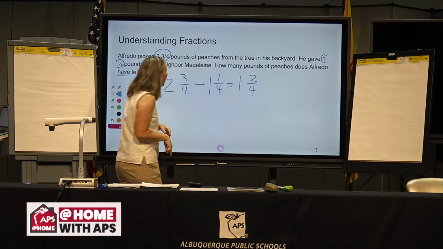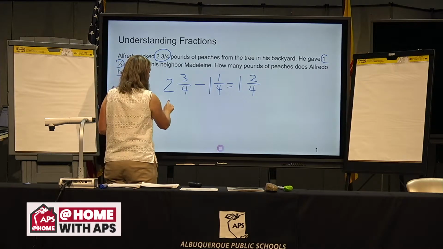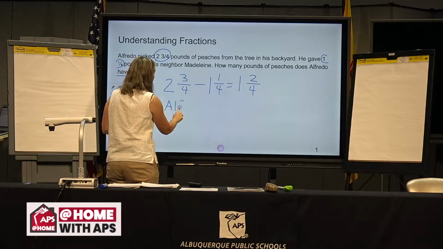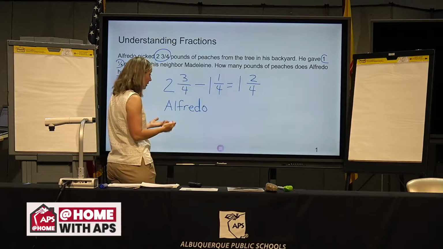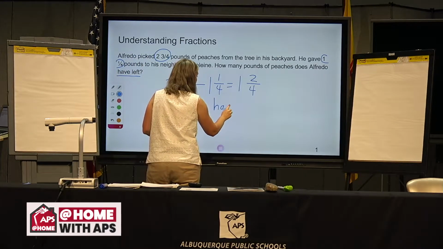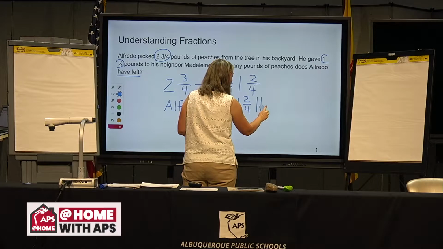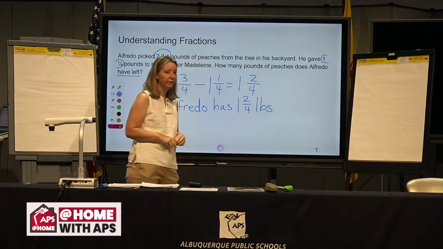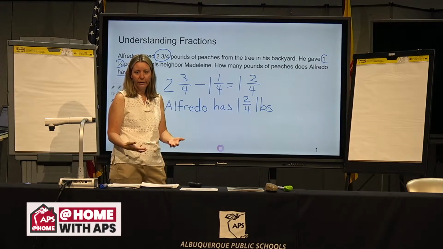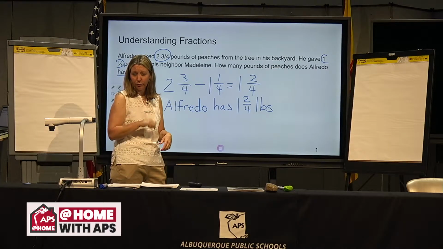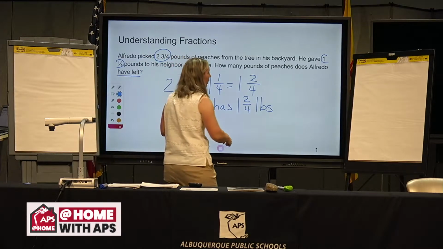So the question to us was, how many pounds of peaches does Alfredo have left? So let's go ahead and put Alfredo, because we want to make sure whoever is looking at our work knows what I am answering. Alfredo has 1 2/4 pounds, and LBS, for all those people. As a kid I never could figure this out, why is LBS the symbol for pounds? It is, and I'll have to research, or you'll have to research, why is that the symbol for pounds? Alfredo has 1 2/4 pounds of peaches